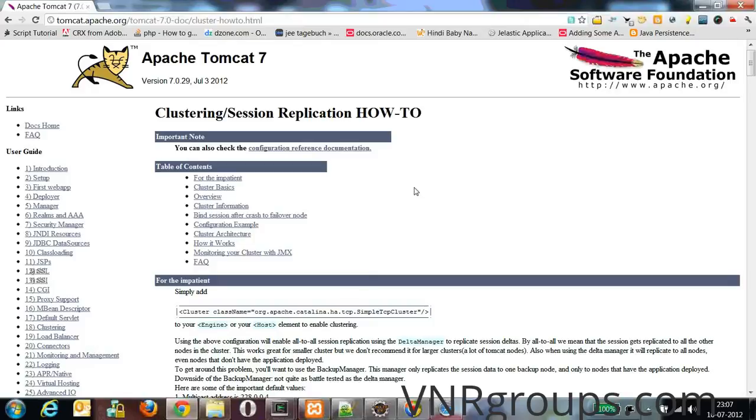In a load balancing environment, just think of a scenario where a user is going through a session, and the request hosting server goes down. For example, say we have Tomcat A and Tomcat B, and currently Tomcat A is serving the request and the session is maintained by Tomcat A. Now, the moment Tomcat A goes down, Apache will forward the request to Tomcat B. But what about the session data?